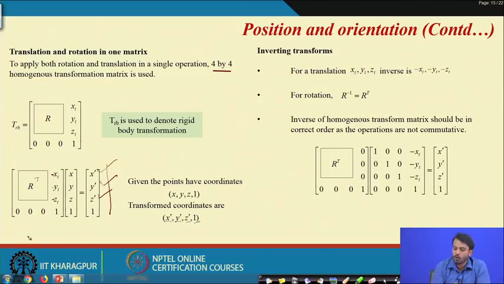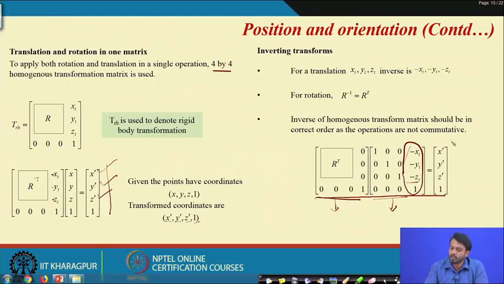For that purpose, we are denoting it with the help of a particular transformation matrix. In the first part, you will go for the translation having minus XT, minus YT and minus ZT, and secondly you will go for the rotation. In this part there will be no rotation, and in this part there will be no translation. So finally we will obtain X dash, Y dash, Z dash and 1. This is our final objective, that means the transformed coordinates for a particular 3D model.